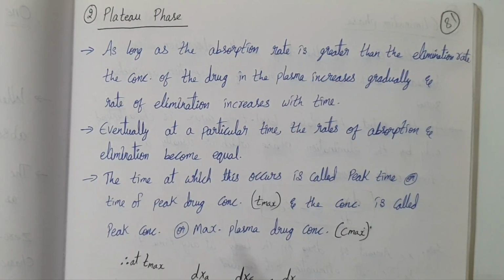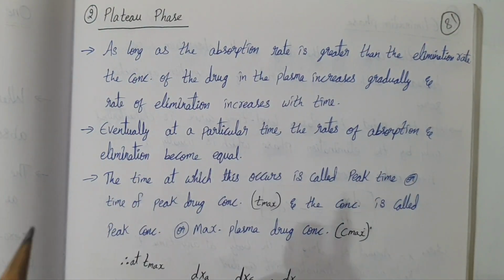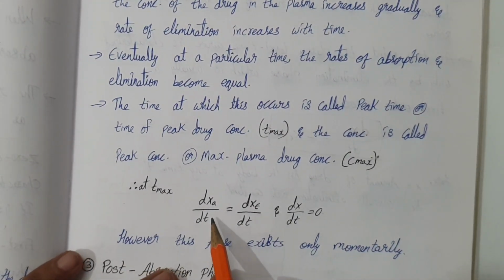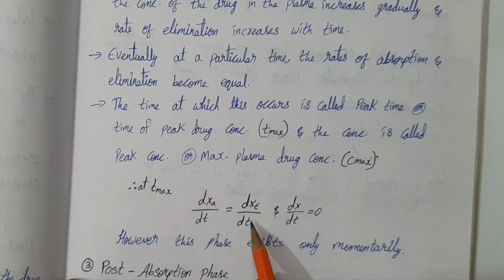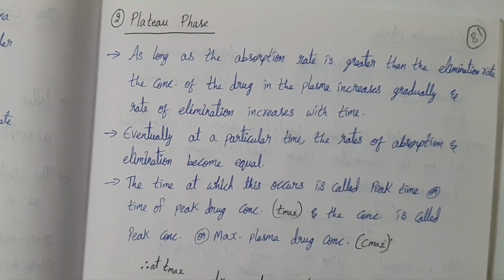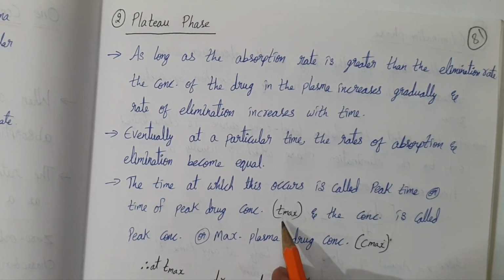Now we have the plateau phase. At peak time, this plateau phase will occur. This is a short moment when the rate of absorption equals the rate of elimination. The plasma drug concentration reaches its maximum, Cmax,